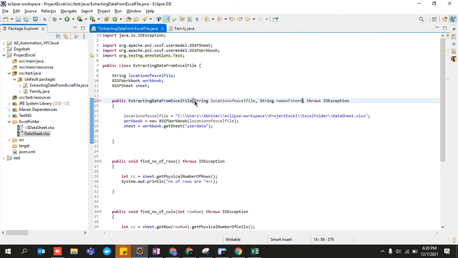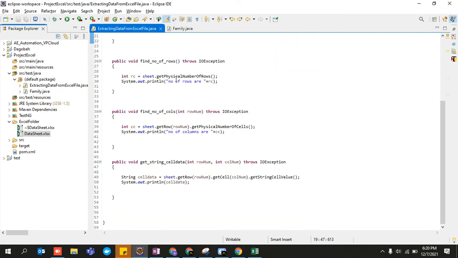No, that would be very lengthy. Let's only pass the name of the sheet. Whenever you create an object of this particular class, it will get initialized itself.